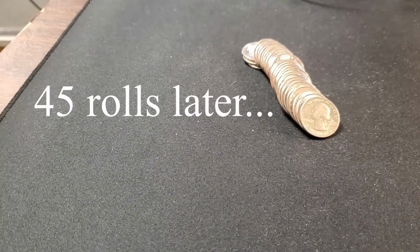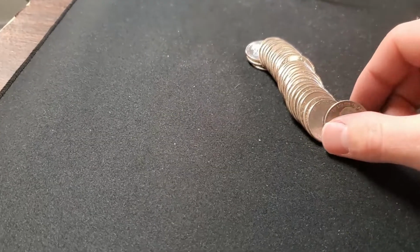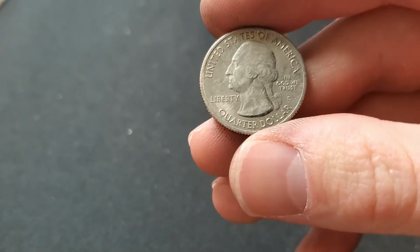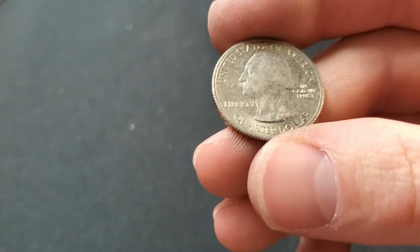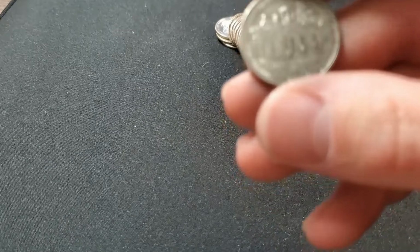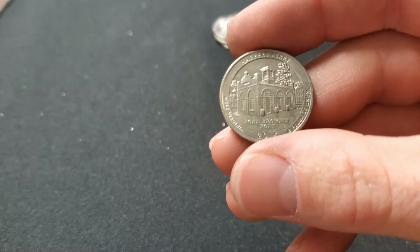So I just opened up the very last roll, and this is the first find of the box. We have a proof coin. You can see the mint mark right there. It's quite circulated. You can still see the mirror finish a little bit. And it's going to be a Harpers Ferry